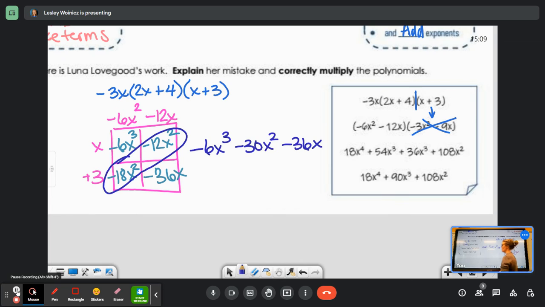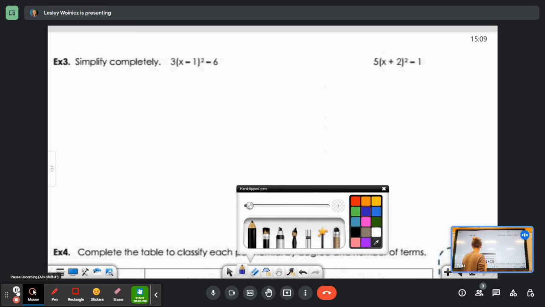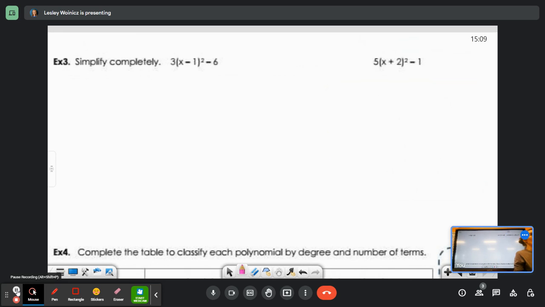Okay, let's flip it. Okay, so I'm going to do this one with the arcs, and I'll do this one with a box. We'll just alternate today. So yesterday we had problems that just had a set of, like a binomial in parentheses, squared, right? And we said that whatever power we have, that's how many times we have to write it multiplied together. So we have to write the x minus 1 twice, okay, to expand it. So that's our first step. We have to expand,